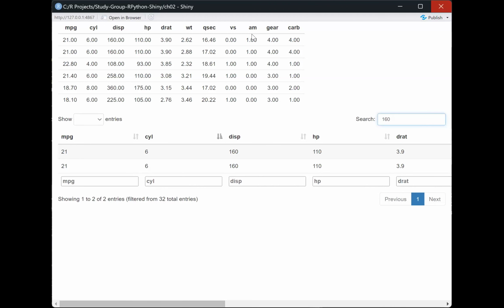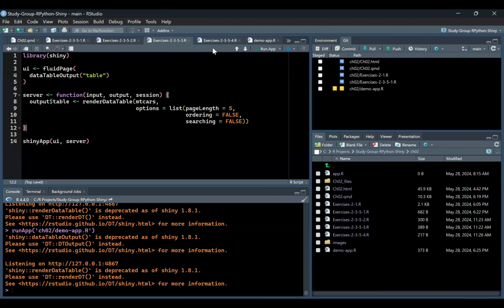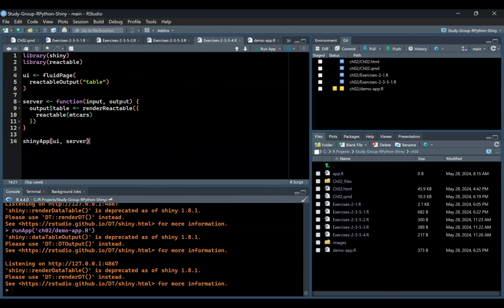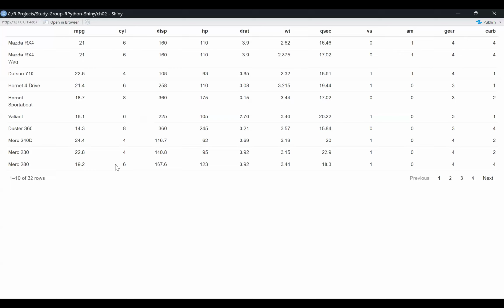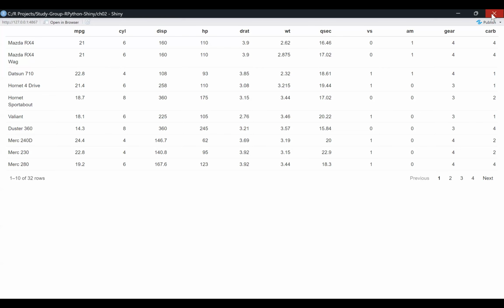Okay, then the last one, I think this is the third. It's just for us to use this package instead of the normal data table. So, okay, run. Here we're using React table. And this is just the difference now. So that is it. This is where we're going to stop for chapter 2 for today, based on the